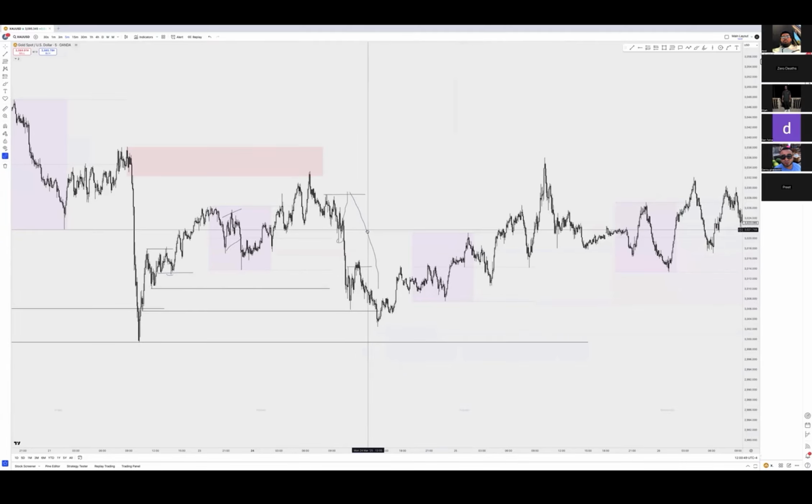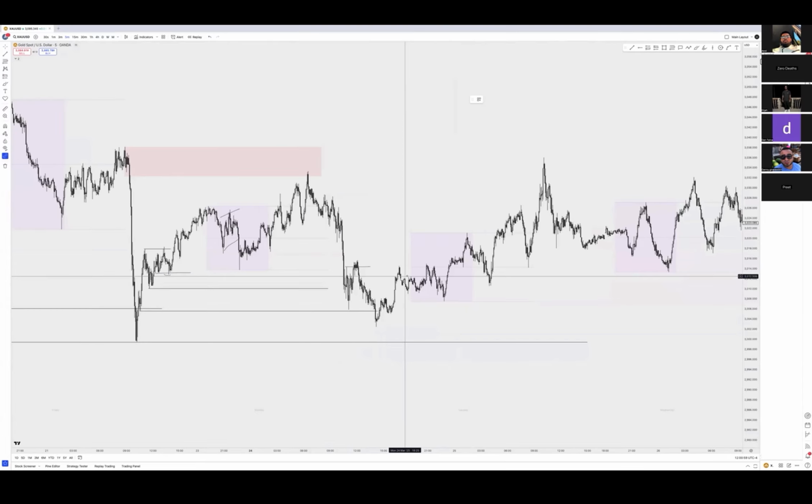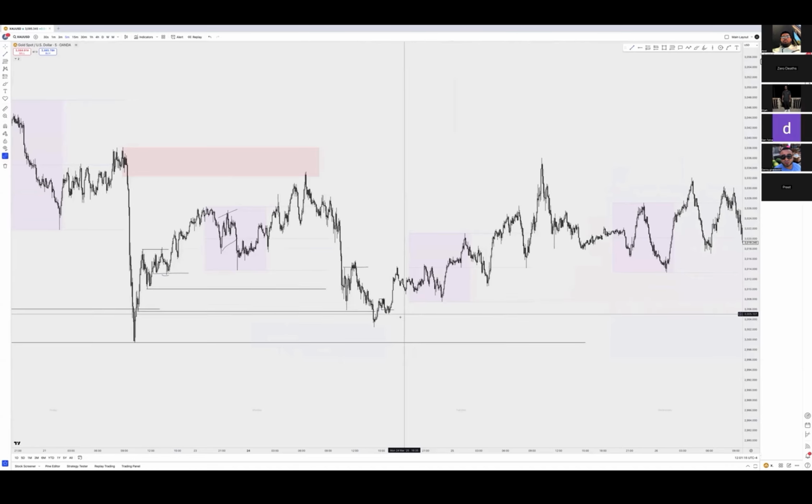See that? Instead of it happening up here, it ended up happening down here, right? So buyers got induced right there. They get trapped, and then the move starts moving. I mean, then it starts moving to the upside. Unfortunately, this was during Asia, but this I wouldn't mind, right? Like I explained, this I wouldn't take actually. If I'm being completely honest, I don't like looking for trades all the way at the extreme. So even though that happens, I personally wouldn't be looking for that or any entries down there.